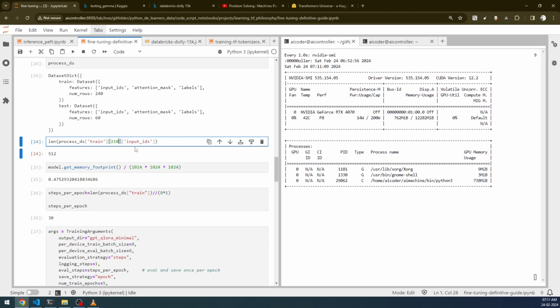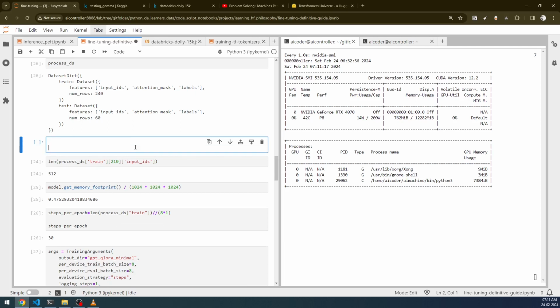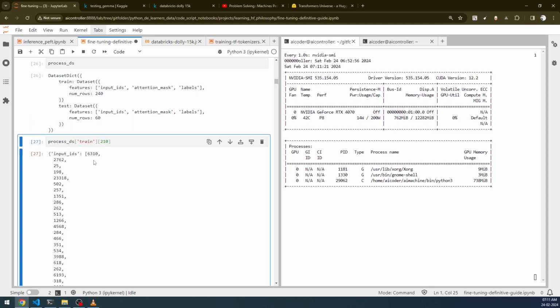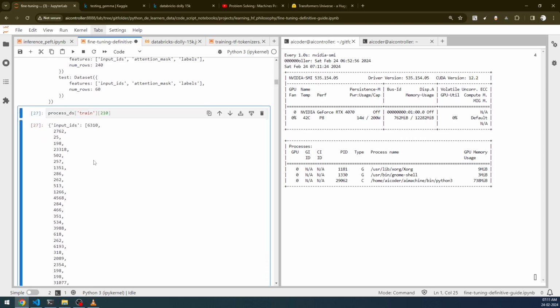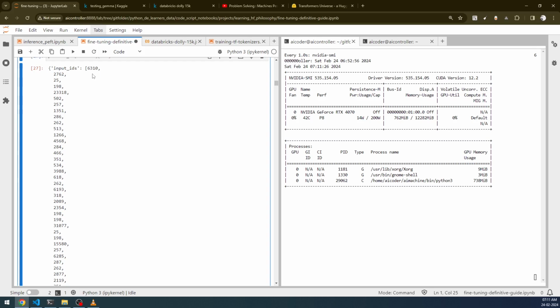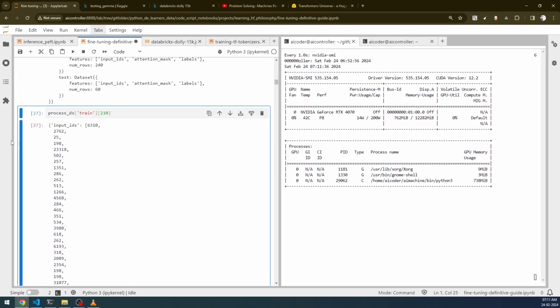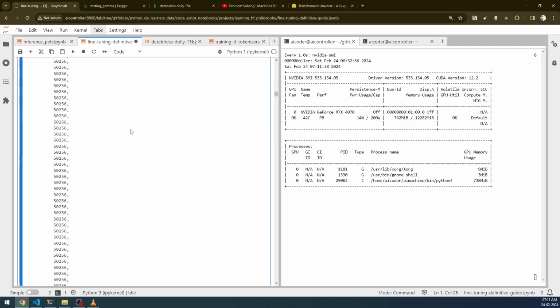So let me first of all show you the data itself so that you can see what is happening. I want you to follow a similar process when you are doing this tutorial on your notebook. You can see the input IDs here, and if you scroll down, you will see the padding. So this has been padded up to index 512. And let me scroll down. After the 512, you'll see the attention